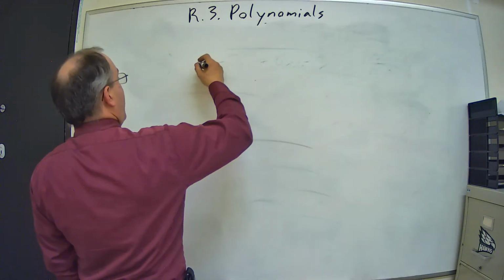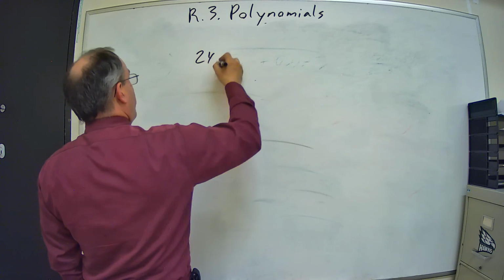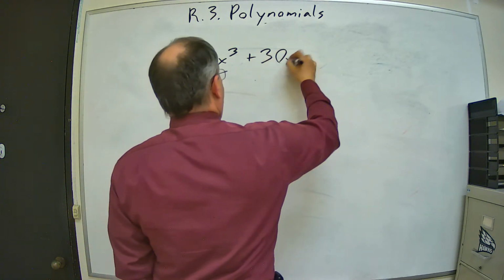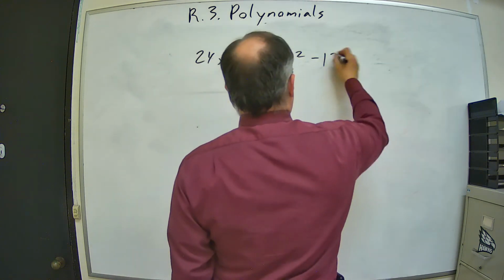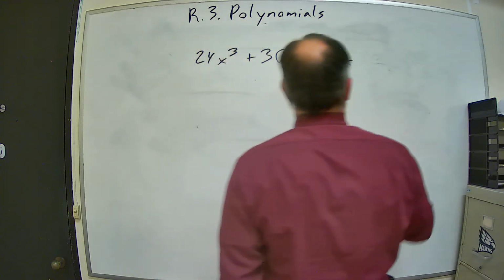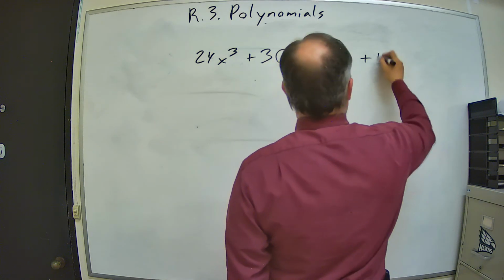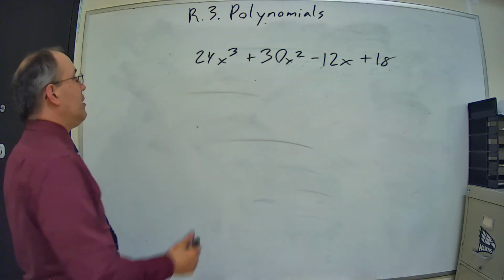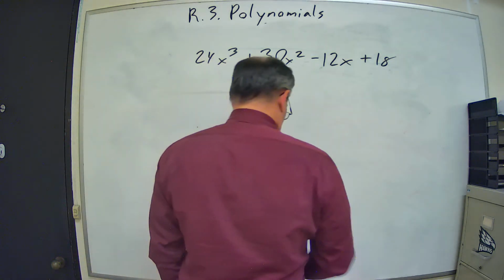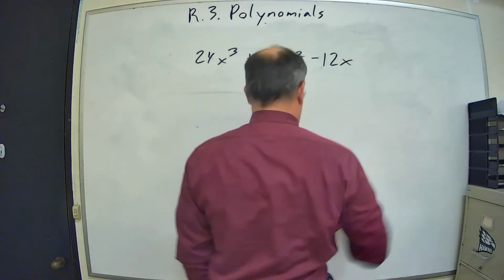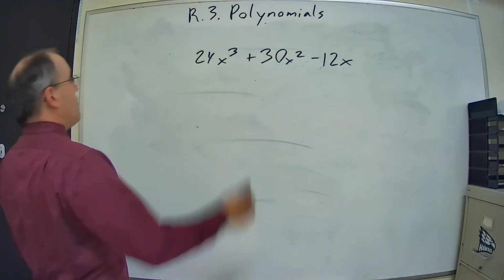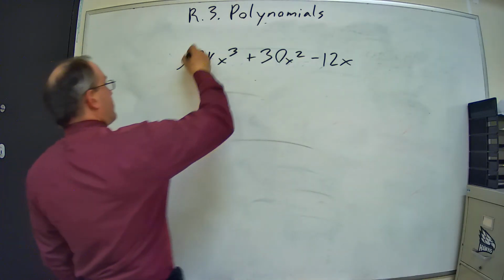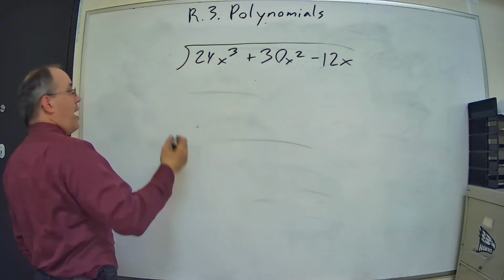So what if I have 24x cubed plus 30x squared minus 12x plus 18? And actually, let's just leave it as 12x. And I say to divide this by